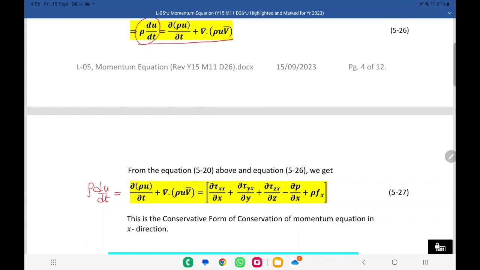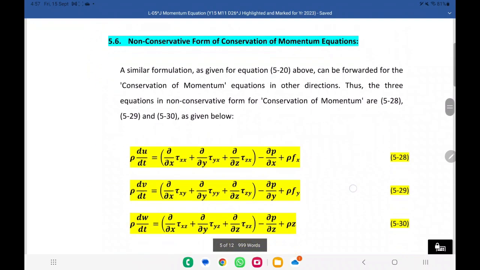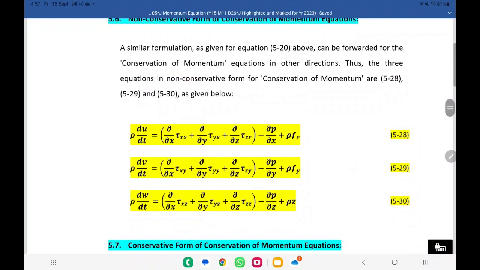So this is a conservative form of conservation of momentum equation. So again you have two directions. Okay. Now what you can do, you can just change the subscript. You can write for y, you can write for z also. Okay. So these are three equations